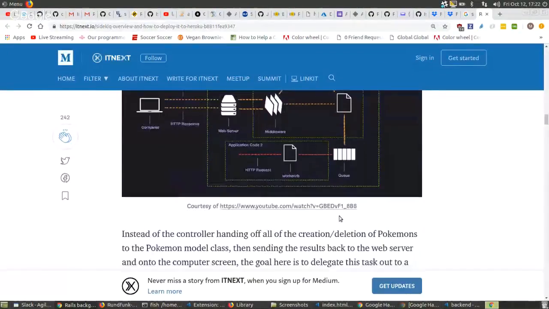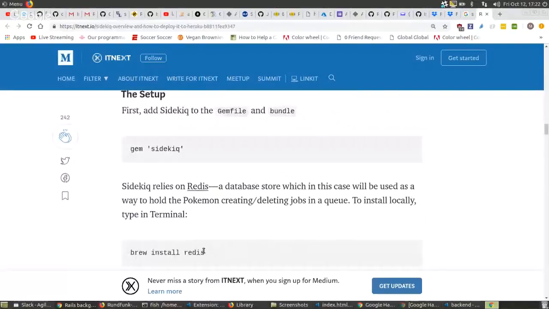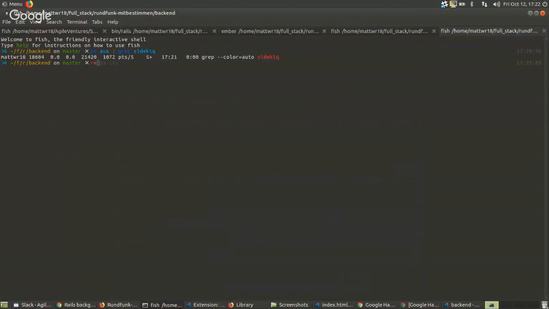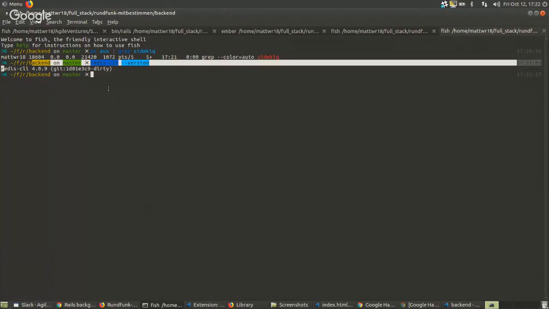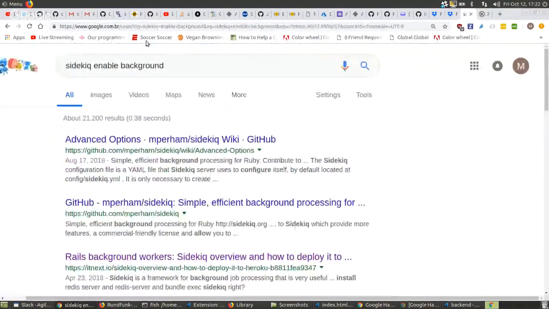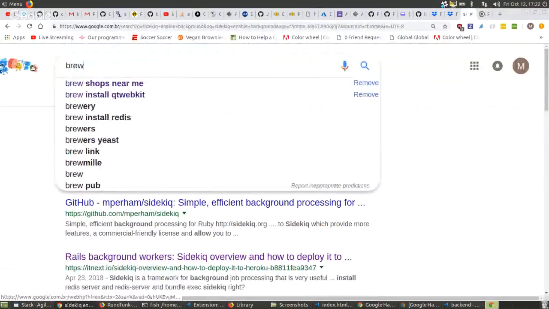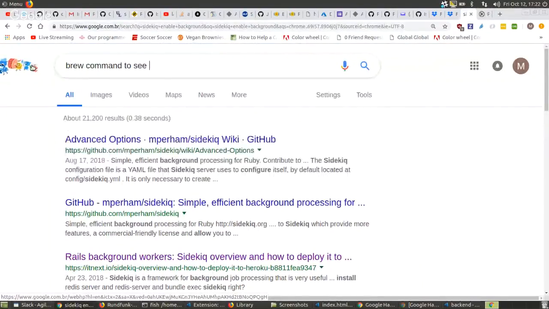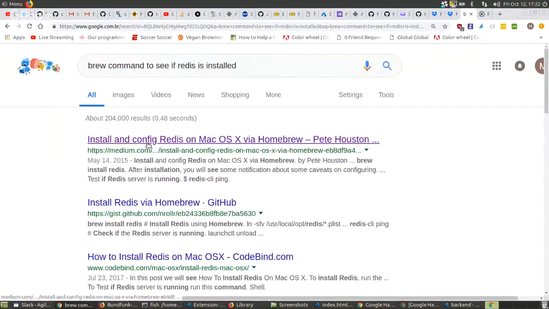I think if you didn't have that installed, you could ask, can you do Redis? So I have something called Redis CLI, and then do I have a version? Yeah, so I have a Redis CLI version. You could try doing the same, although it could be different on Mac. I'm not sure. Is there a brew command for seeing if you have Redis installed? Or just any packages installed?